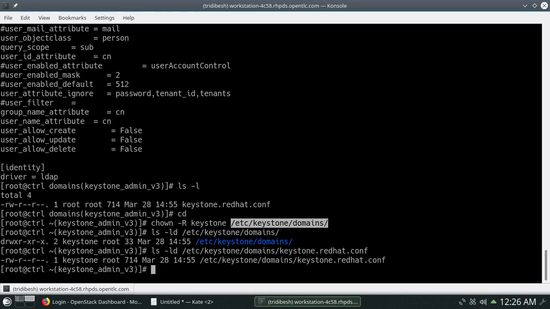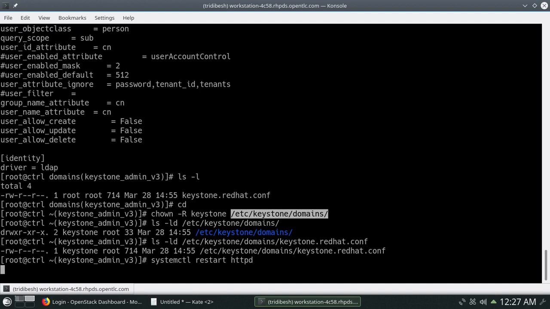Now once you're done with this, we need to restart the Apache service. If you remember, when I was discussing in the theory section, the Keystone service is now integrated with the HTTPD service or Apache service, so whenever you need to reload or restart the Keystone service, you need to restart the Apache service. Same thing we will do here. systemctl restart httpd.